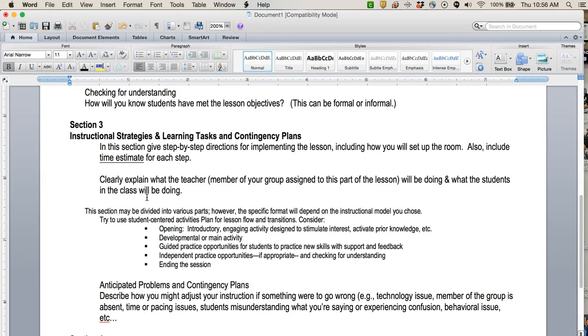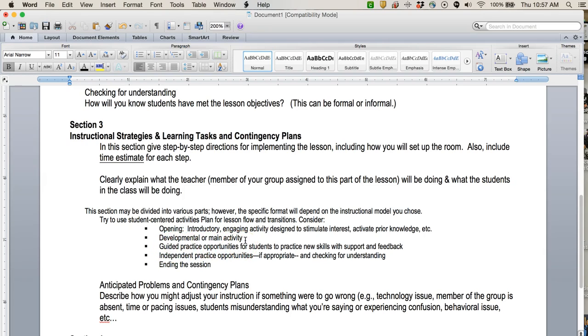No, I am not asking you to script everything out in terms of specifically what you intend to say and what you anticipate the student saying back. That's a level of detail that I'm not looking for. I want you to describe the activities and be able to go through your lesson in terms of the opening, or what you're going to do to begin the lesson,